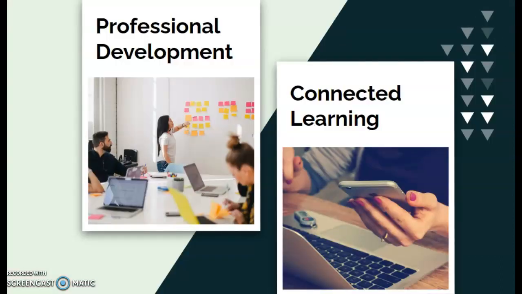As educators, we're all pretty familiar with professional development. It's a time for teachers and admin to get together in order to hopefully develop new skills and stay up to date on current educational trends. According to Nussbaum, Beach, and Hall, connected learning is similar to that idea, but a newer model that's geared toward